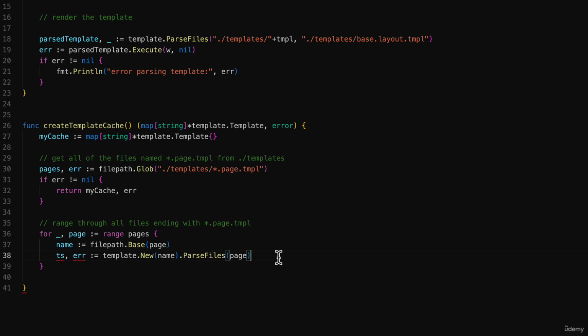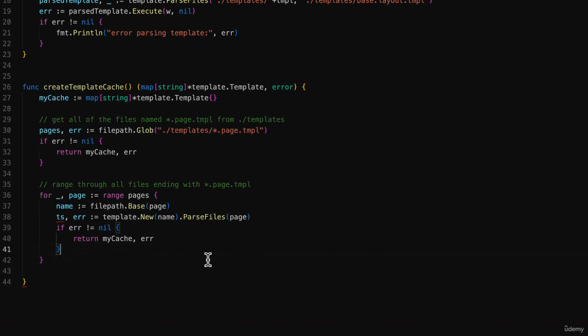And once again, we'll check for an error. So I can just copy this and paste it right here. If error is not equal to nil, something went wrong, so return the error and whatever the current value of my cache is. It might be an empty map, it might have a value or two in it, but all we'll care about is the error, so it makes no difference. Okay,